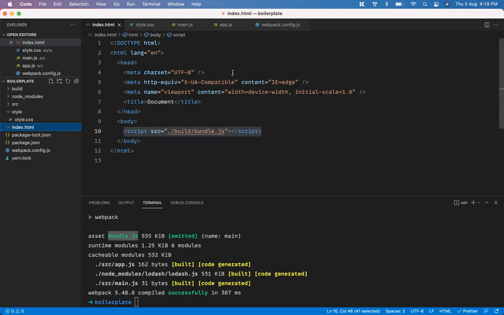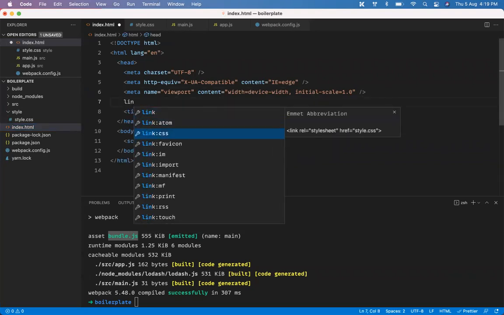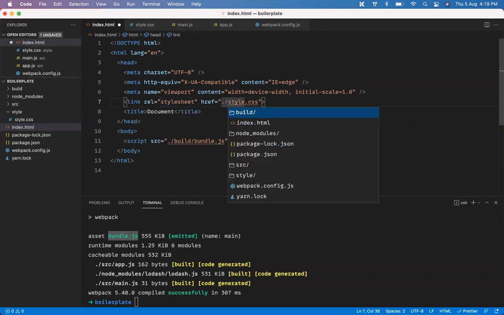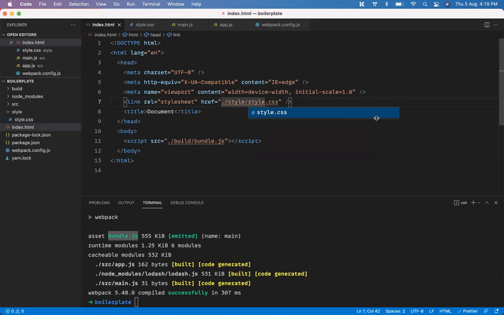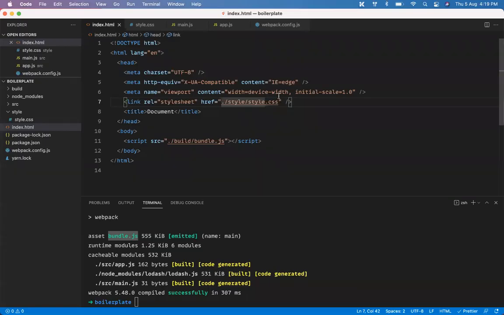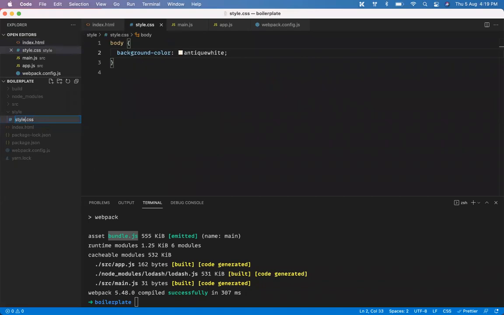How can I use it? It's very simple. You can just go in here and say link the CSS, and the CSS is coming from /style/style.css. Perfect. Now what happens when you refresh it? You have the background. Any problem now? So CSS is working because we are not processing CSS at any time. We are not doing anything. But let's see what happens when we start using SCSS.